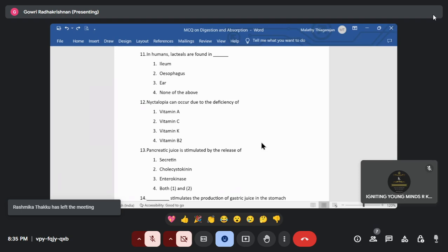So vitamin C is not the option we want. Now, from the rest of the three,